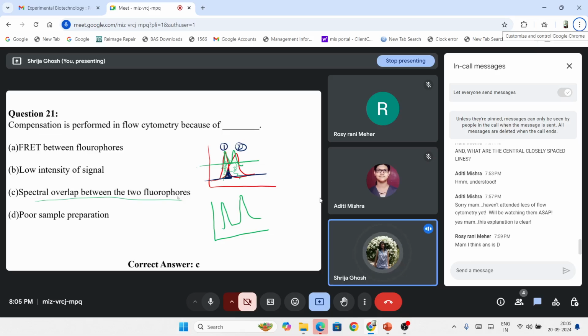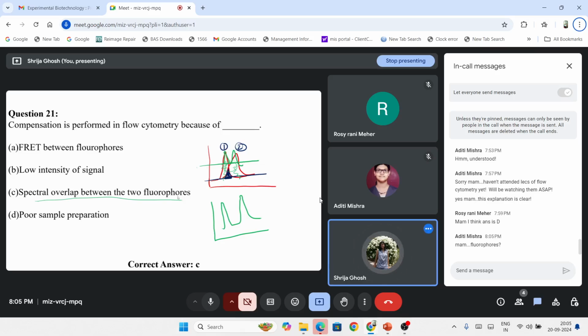Okay, so that is the last question of this session. Does anyone have any doubt in any of the topics? Microscopy and flow cytometry might sound a little trickier, but I would